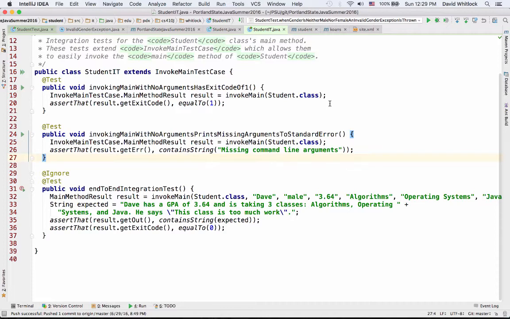IT class, which is an integration test. And IT stands for integration test. That's sort of the parlance that Maven uses. Integration tests are bigger in scope than unit tests. Unit tests are meant to test the programming unit, so the class, the method, the sort of lowest level functionality of your program. Integration tests are meant to be more end-to-end tests, or